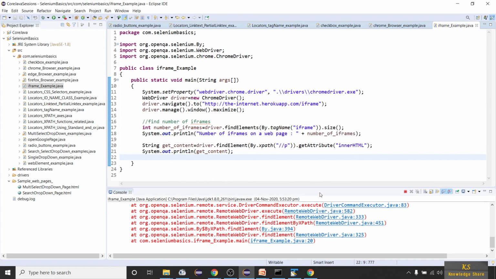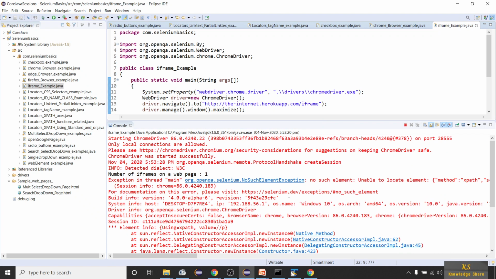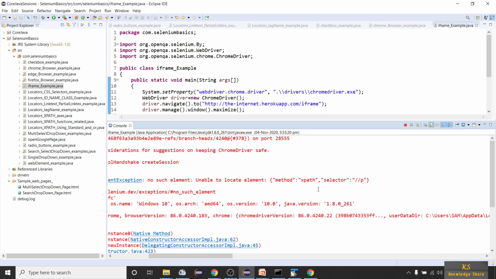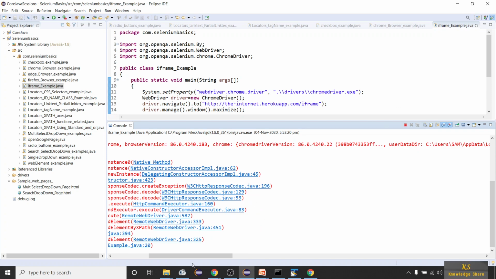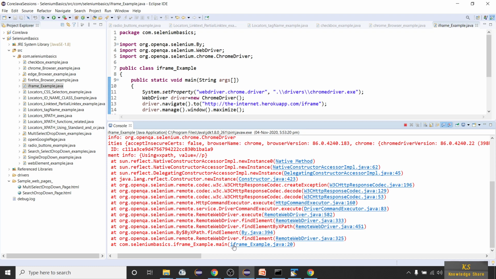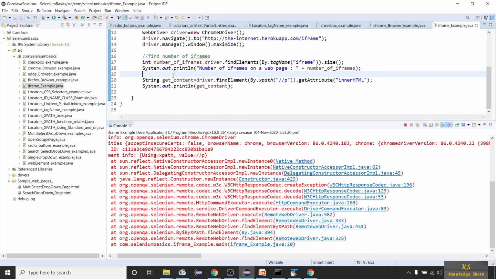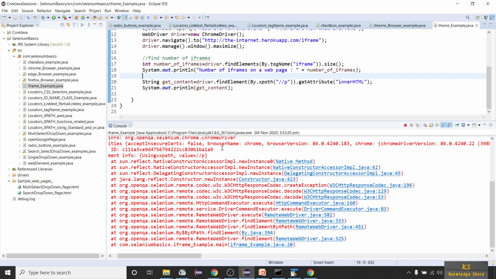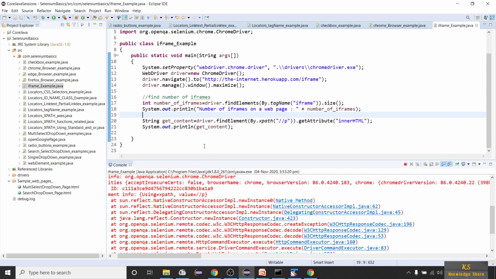We got an error. You can see no such element, unable to locate xpath selector //p. If you want to go to the line where you got the error, just click on the class name, IframeExample, and it will take you there. Since we did not navigate to the iframe, this throws that error.